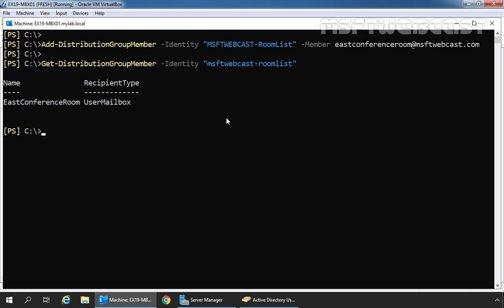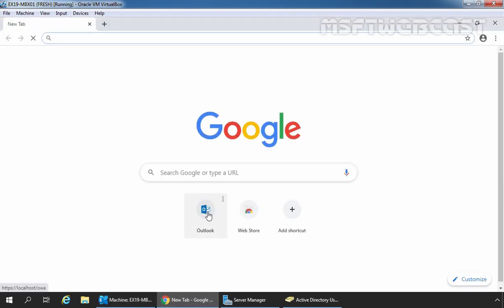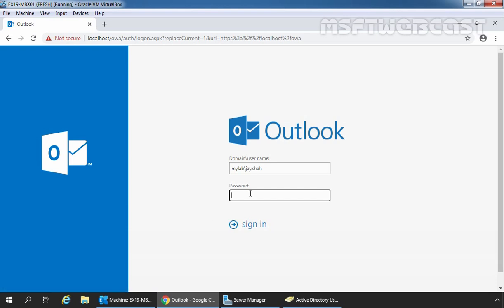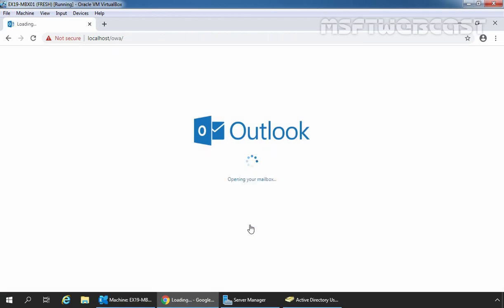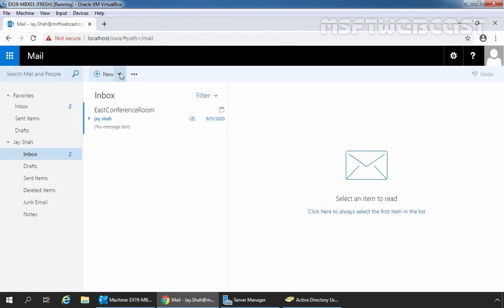Now we will see whether it is working or not in Outlook on the web. Let's access Outlook on the web using the credentials of our user Jay Shah. Let's open Google Chrome and access Outlook on the web. Let's specify the credentials of our user Jay Shah. Click on the drop-down arrow on New and select Calendar event.